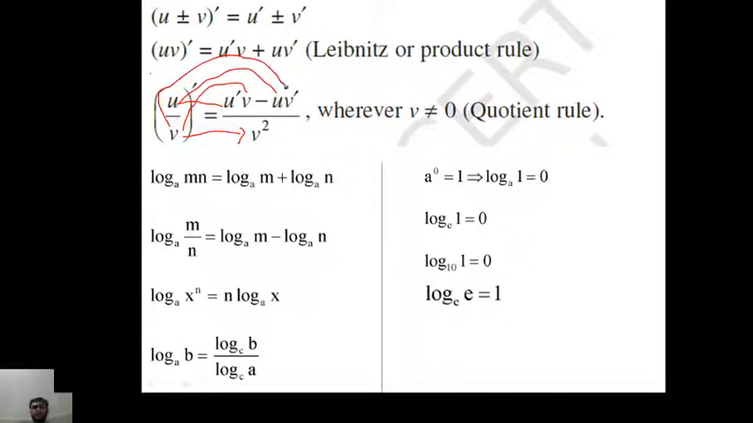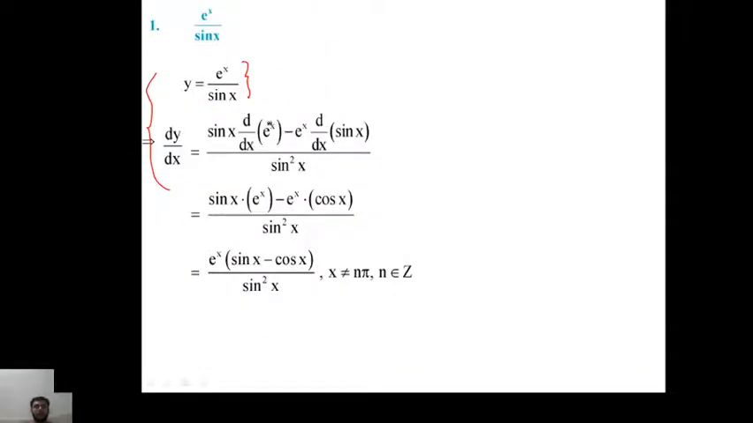That is division rule. Okay, we used that rule here. So in denominator square, so square of sin x, that is sin square x. In numerator, denominator remains as it is, differentiation of numerator, minus numerator remains as it is, differentiation of denominator, means d by dx of sin x. Okay, so sin x as it is, differentiation of e raised to x,